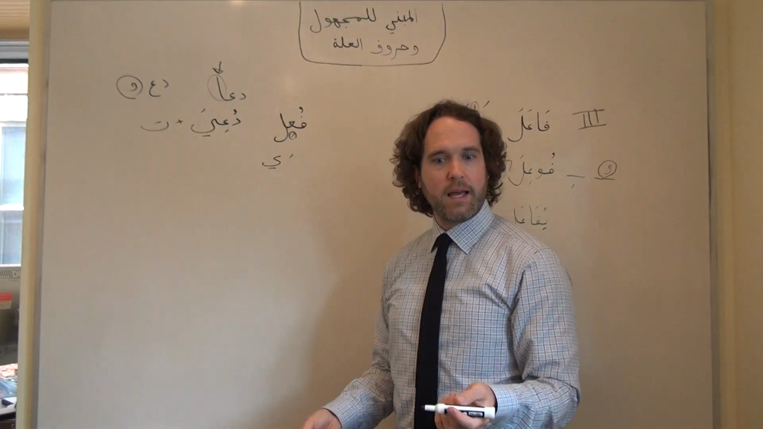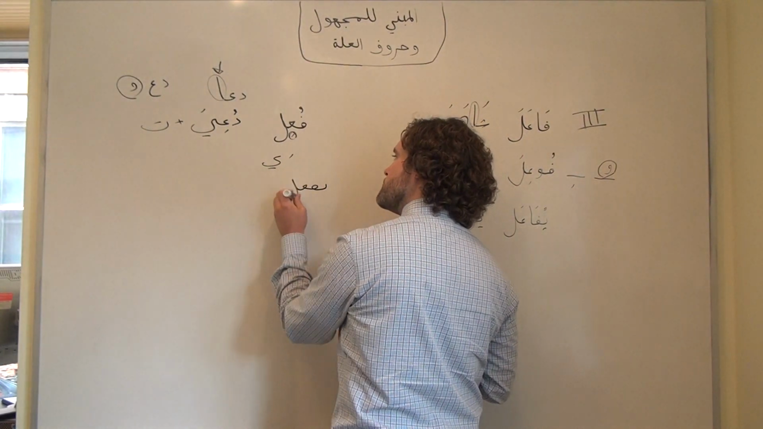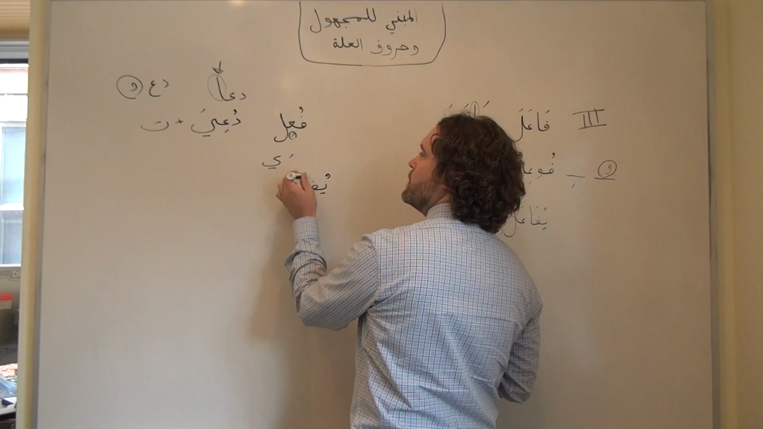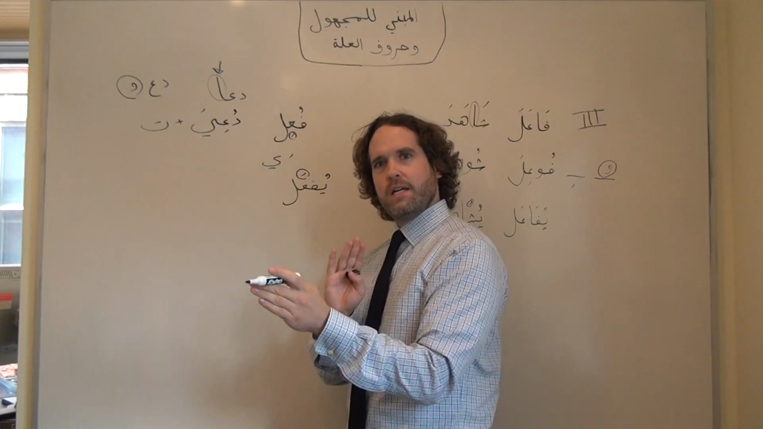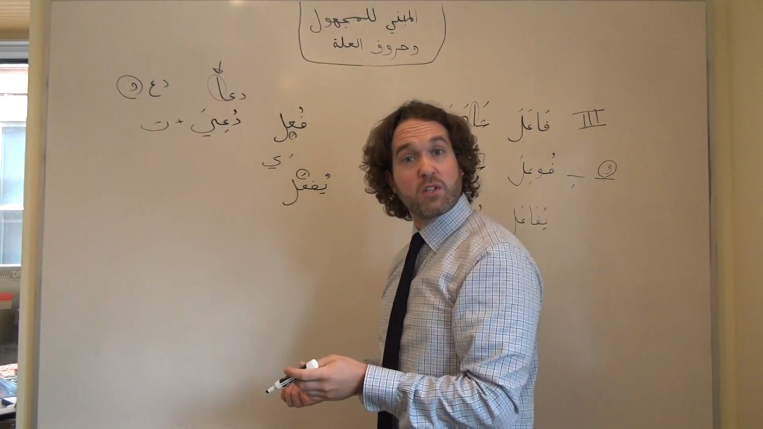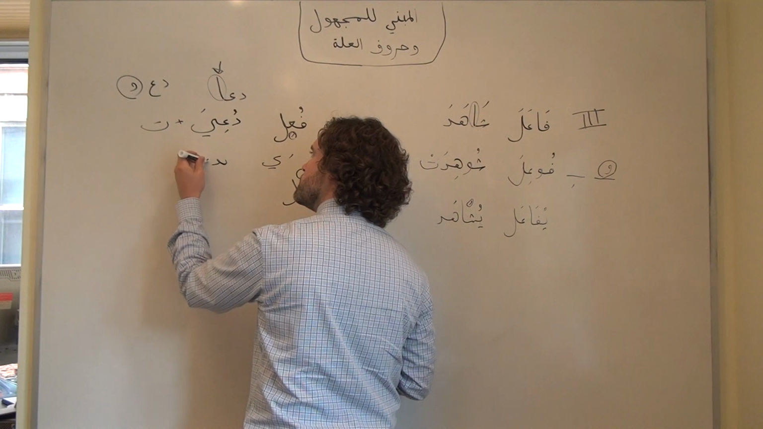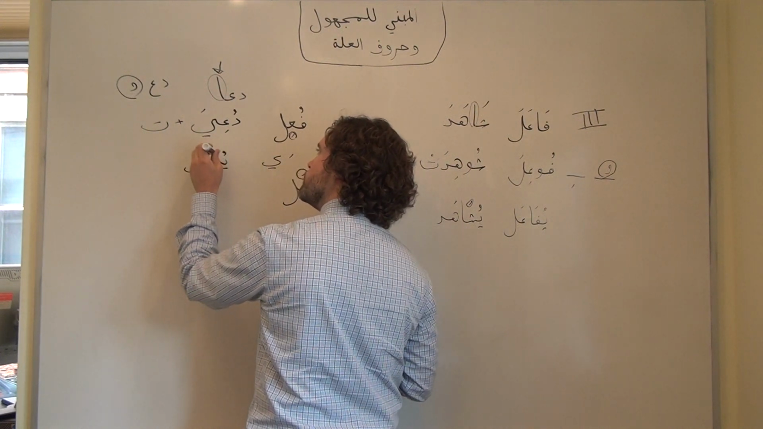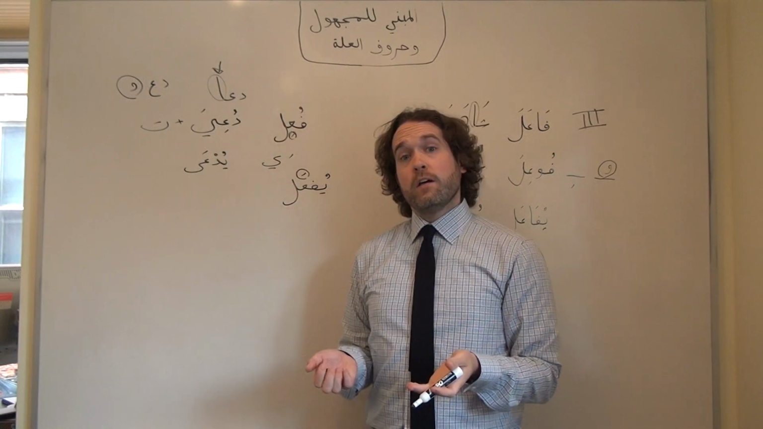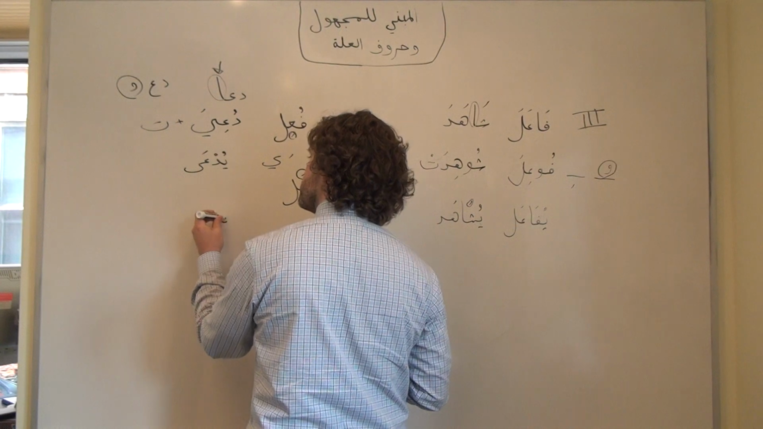And in the present tense, again, because of the passive vowel pattern, yuf'al, that fatha is going to change this vowel into an alif maksura, actually. So he is called would be yud'a, etc. So for a hollow verb like qala or zara,